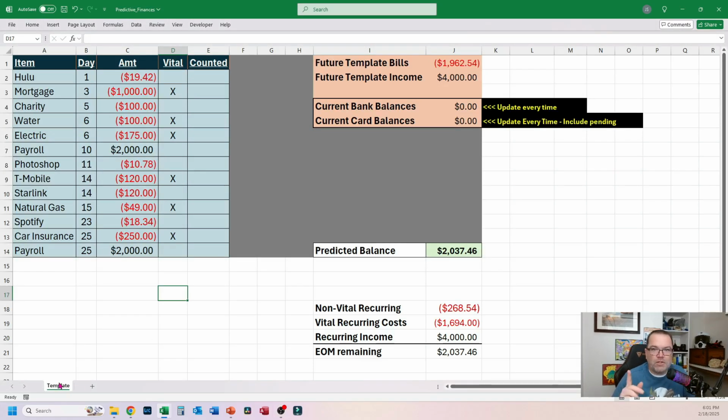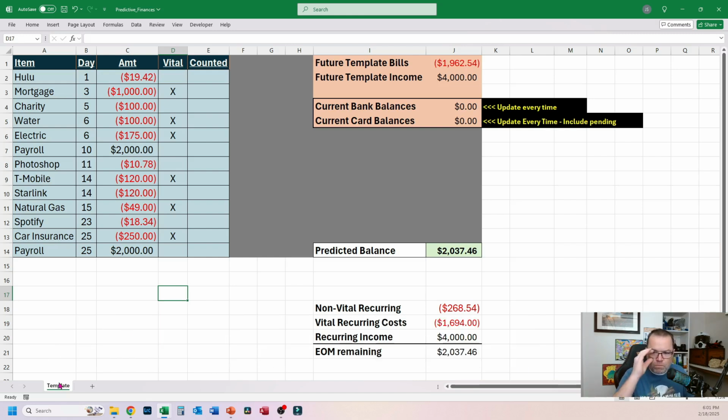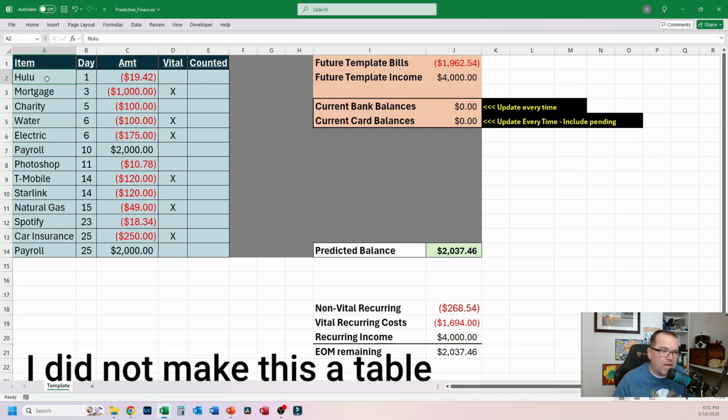So this finance tracker will be tracking by months. And it's very simple to use, and that's the beauty of it. And so let's go through it. So first what I did on this first column here, I put item. Now these are both charges and